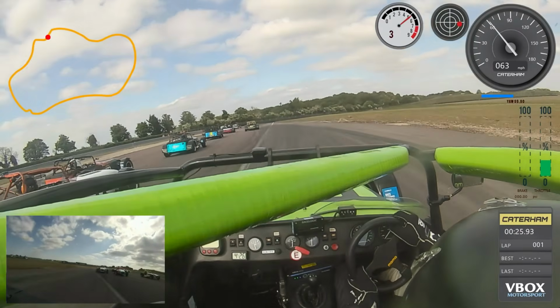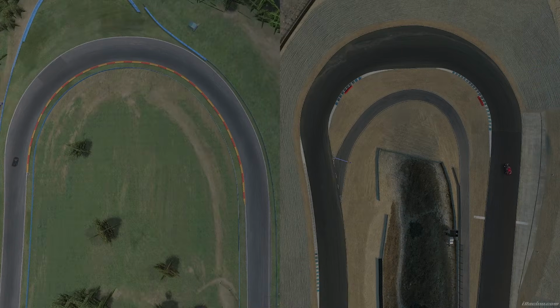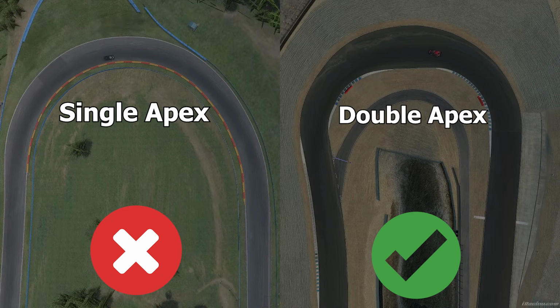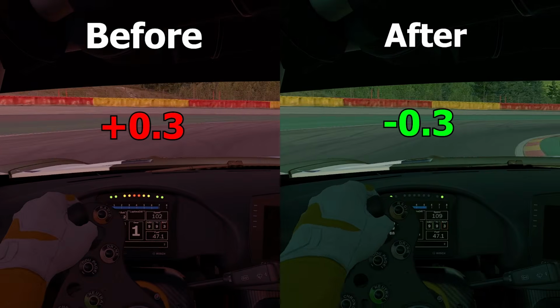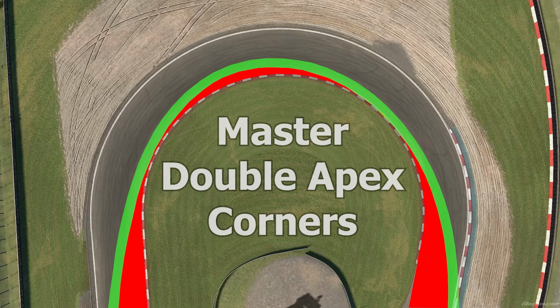I've coached hundreds of students in the last year, including real world racing drivers, and I see so many fast drivers get lost in double apex corners. So I'm going to tell you how to identify which corners to double apex, show you how to modify the racing line during these corners, and explain precisely how to find lap time and master double apex corners,